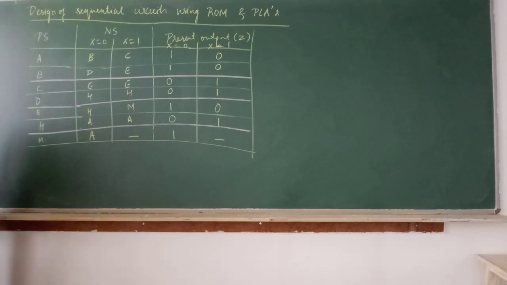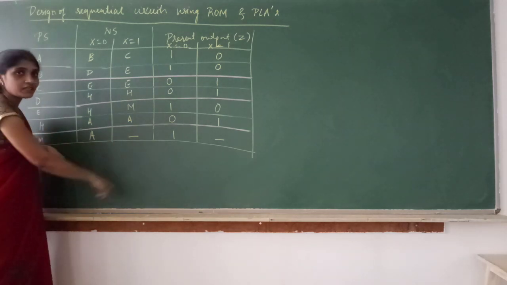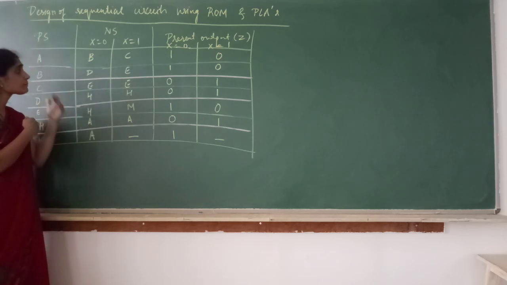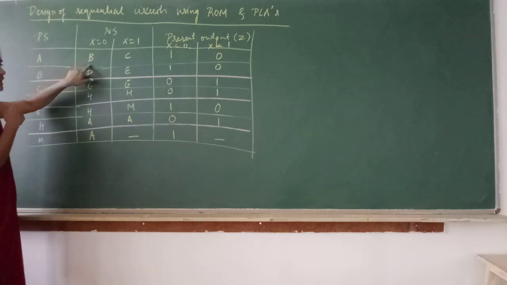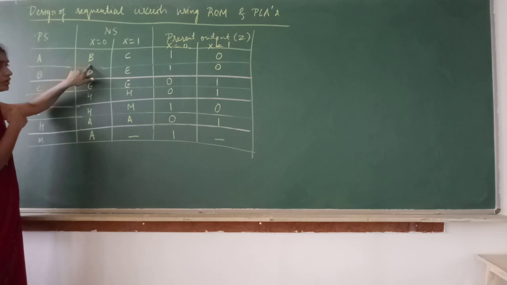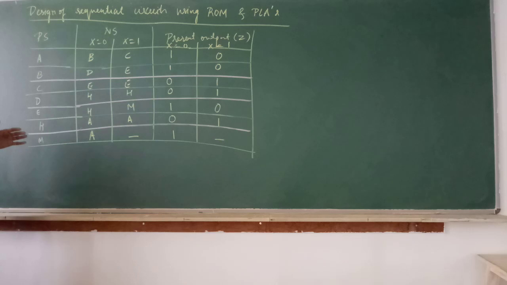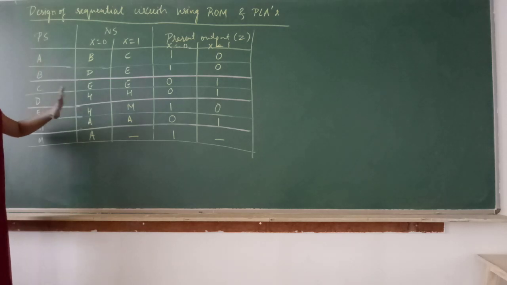Next, for the code converter, we used state assignment where the states should be adjacent according to the guidelines of state assignment. We wrote the K-map and accordingly assigned A as 001, B as 010. But now, when we design using ROM, you need not follow all the guidelines. We can just assign the states directly, a straight binary assignment.